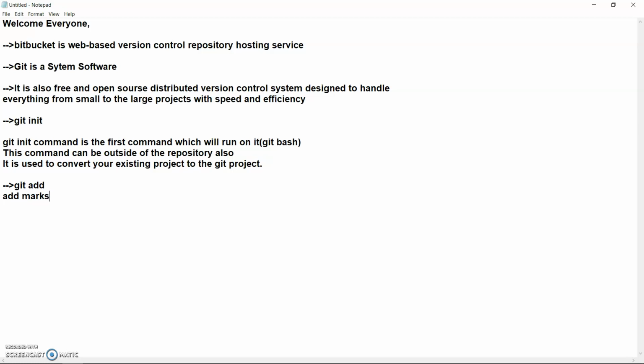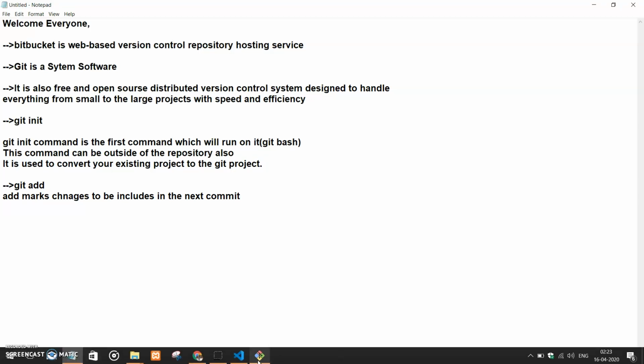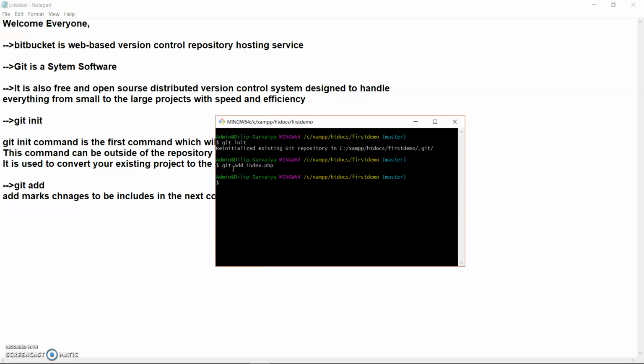The add marks changes to be included in the next commit. Just enter the file name along with it.